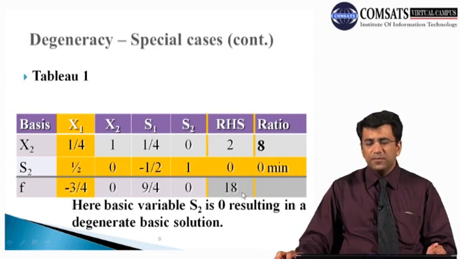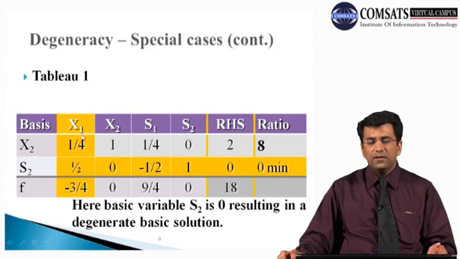You can see in this particular table the value of our objective function is equal to 18, but the condition of optimality is again not satisfied in this particular table because still there is a negative value in this objective function. So we'll have to identify this negative value as the pivot column because there is only a single negative value in this objective function.